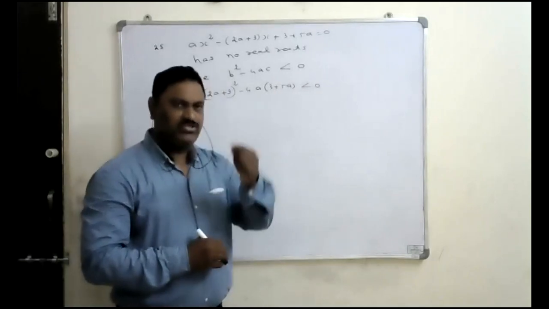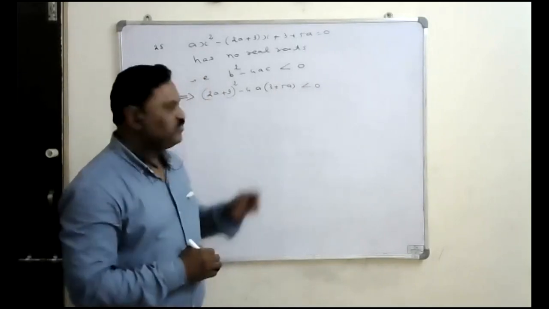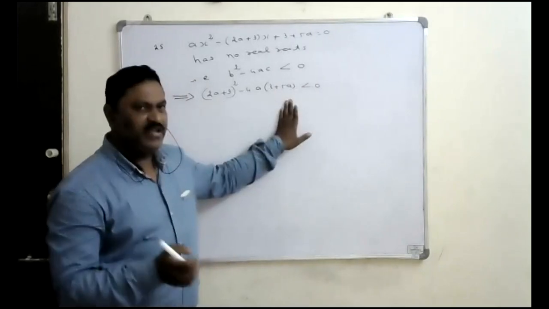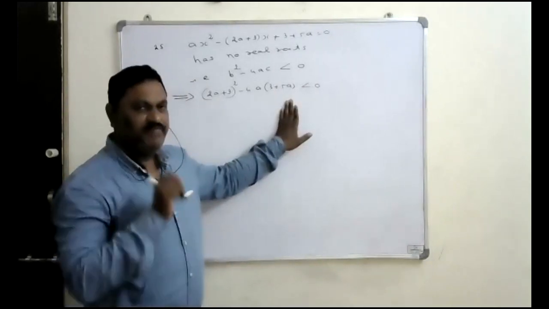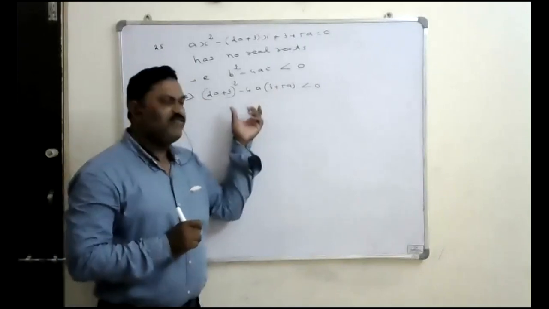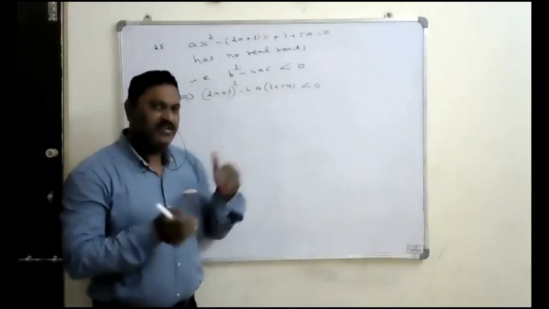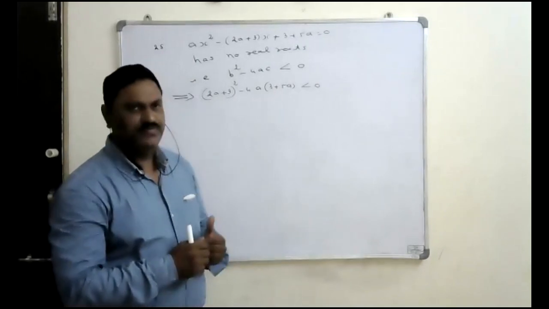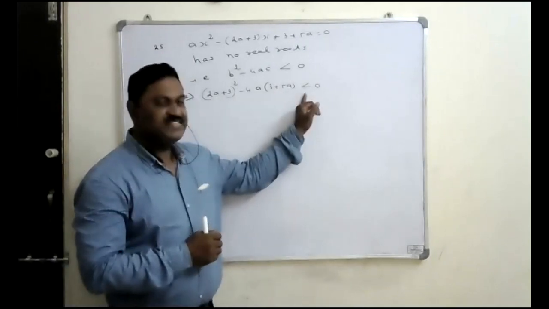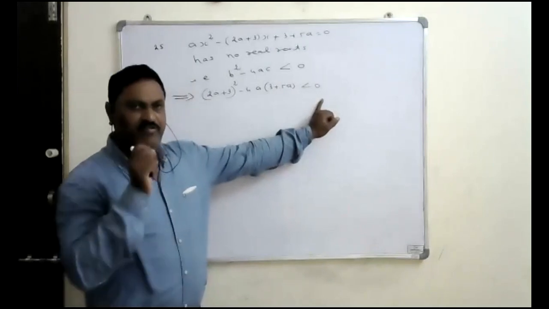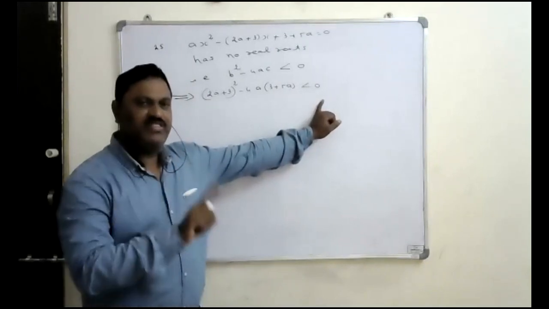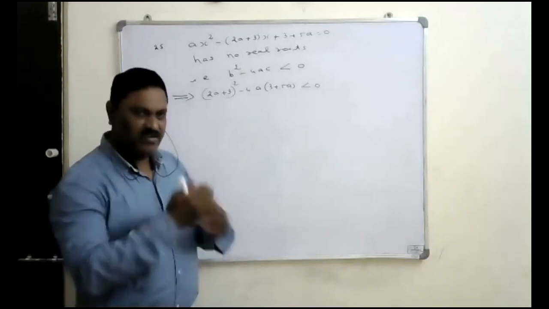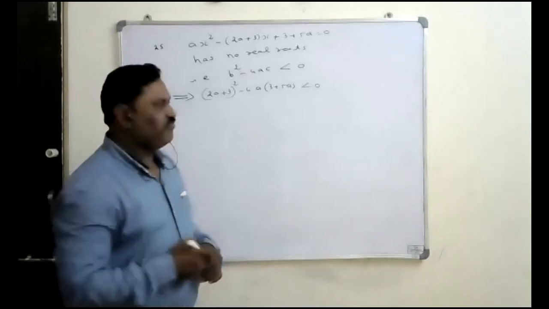For solving the inequation, I have already given you the formulas. If you simplify that, we may get a quadratic expression here. For that quadratic expression, find the factors, then find the roots of that equation. If alpha, beta are the roots and the product of the factors is less than 0, then the interval is that x lies in between alpha and beta. So that formula I have given, we will apply it.